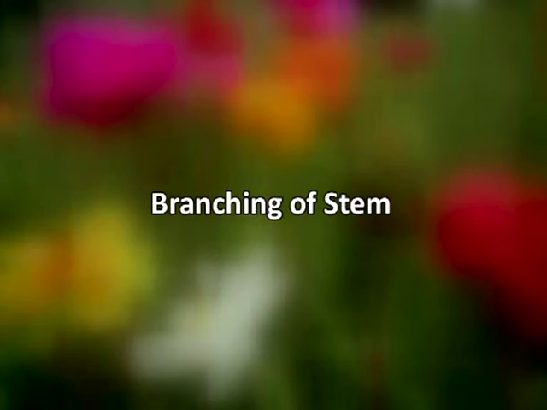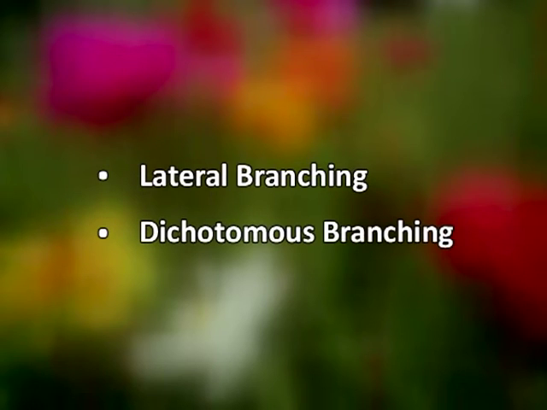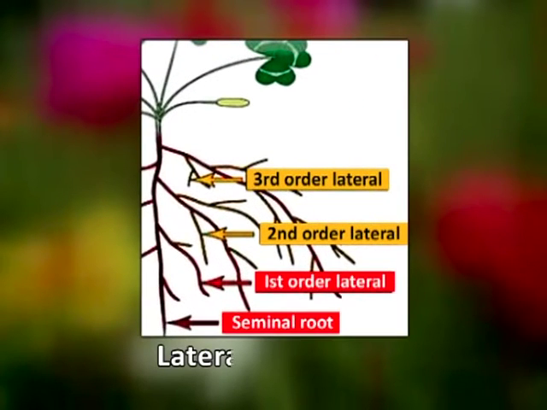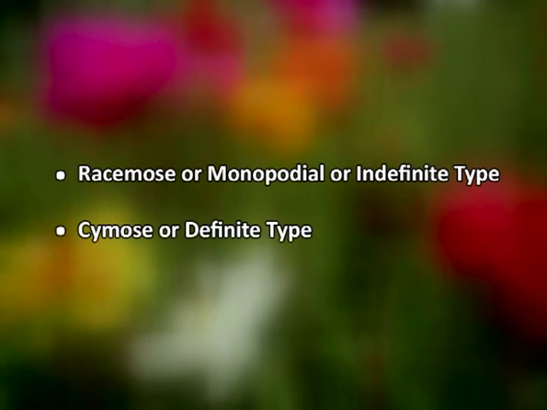Now branching system. The pattern of development of branches on the stem is known as branching. There are two types of branching, namely lateral and dichotomous branching. In lateral branching, the branch arises from the side of the stem. It is divided into two types, racemose or monopodial or indefinite type of branching and cymose or definite type of